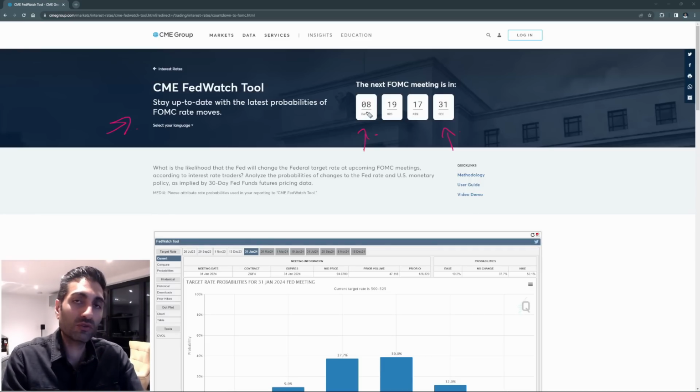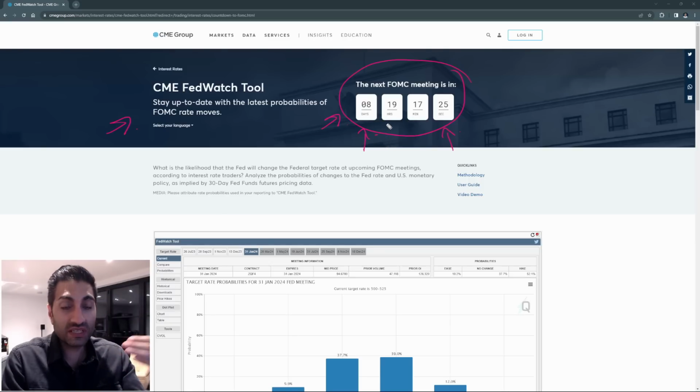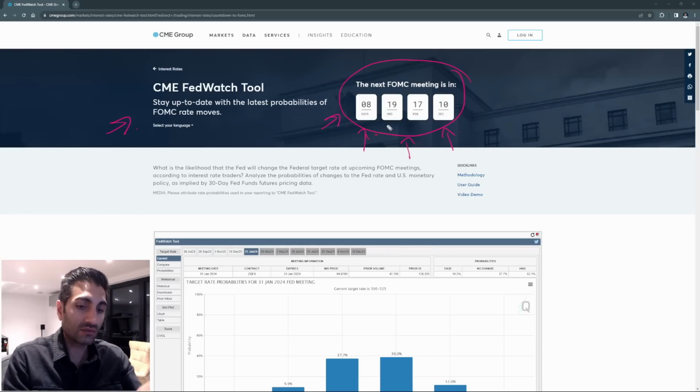Let's look at this. The FOMC meeting is in 8 days, right? This is an absolutely crucial meeting. It's not only going to drive the markets in 8 days, but it's already been driving the markets a lot in the last week. The market has been rallying a lot, and it's doing that in anticipation of the outcome of this meeting. So let's actually have a look at that. This is all available to everyone.